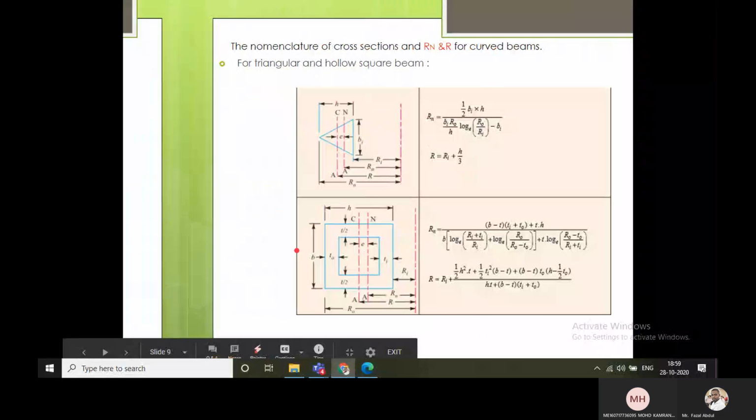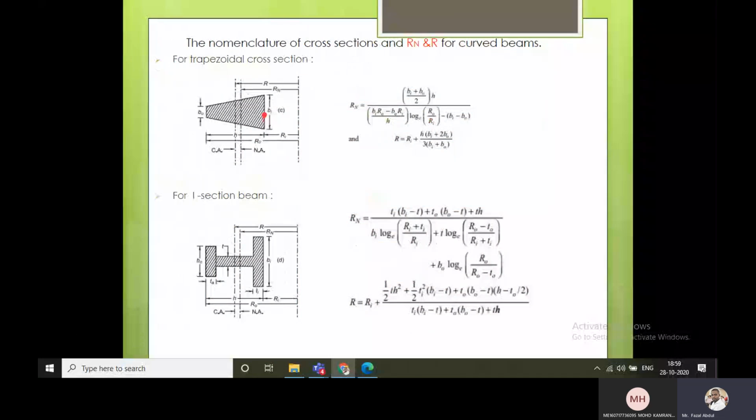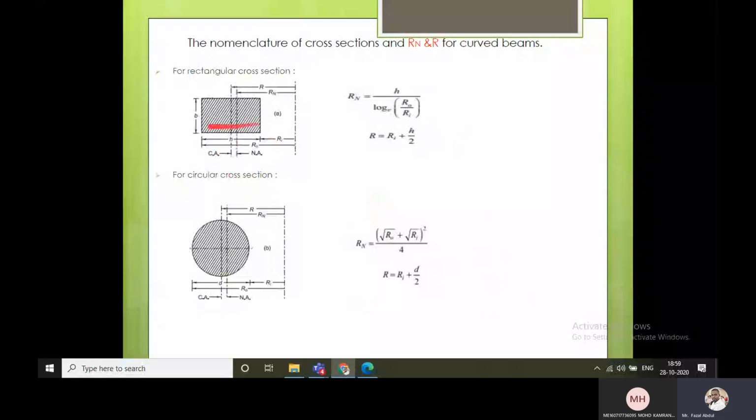Now this is the one. This is also an unsymmetrical section, because it has somewhat different lengths, here Bi, here Bo. So for that reason this is an unsymmetrical section. These two are the symmetrical sections. If you cut here, the same dimensions appear on both sides. If you cut horizontally, the same dimensions will appear on both sides.